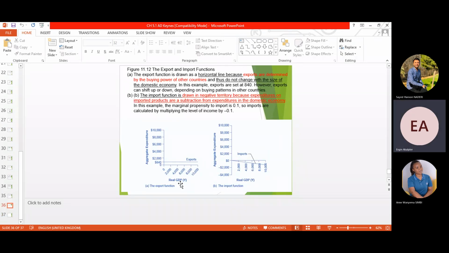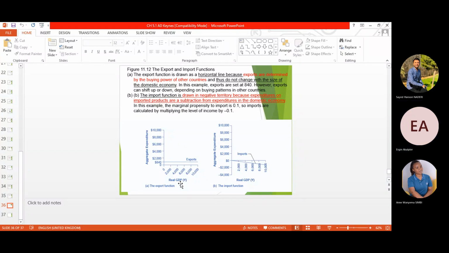And here again, we are giving the export and the import impact. The export function is drawn by a horizontal line, as it is given on the left graph, and on the right, it is given the import. The export function is drawn as a horizontal line because exports are determined by the buying power of the other countries. As it is a horizontal line, as you are observing here, because you are not the determinant, because the